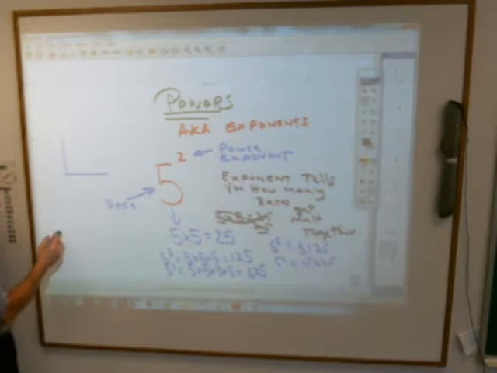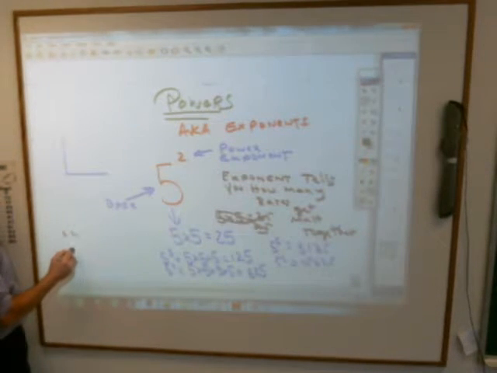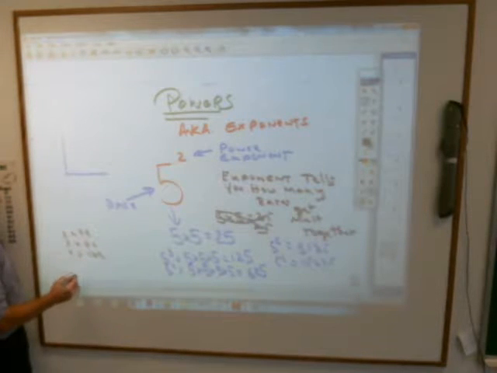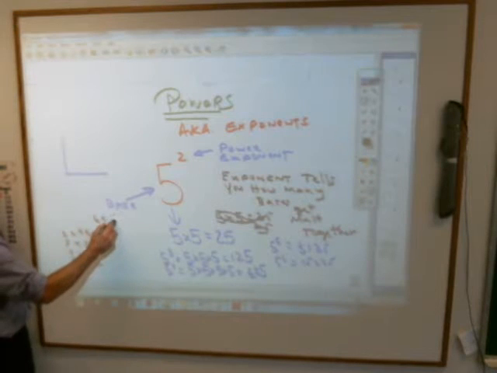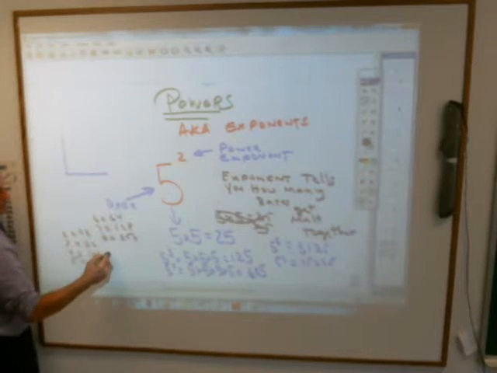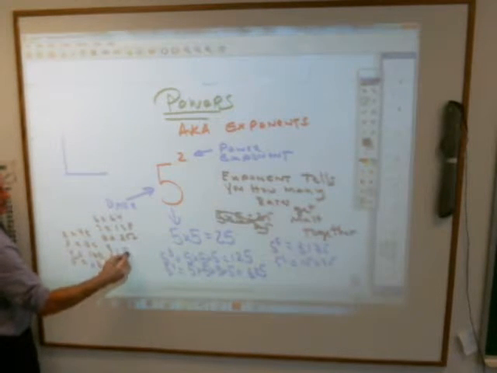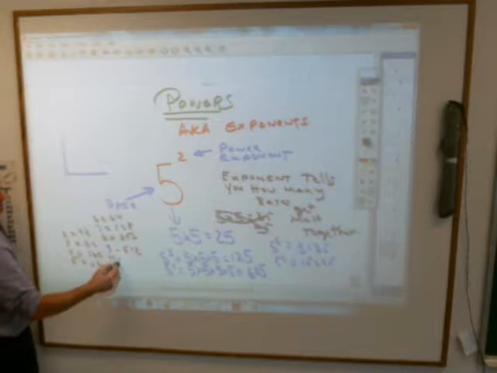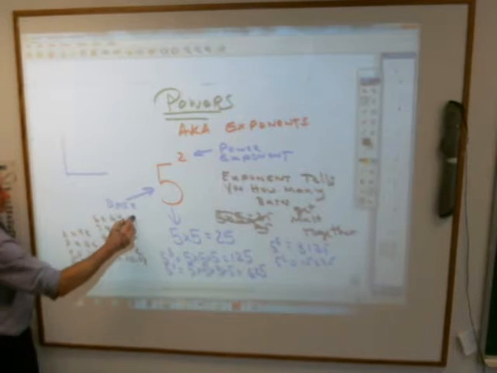If you took a penny and doubled it, second day you'd have 4 cents, right? The third day you'd have 8 cents. The fourth day you'd have 16 cents. The fifth day you'd have 32 cents. The sixth day you'd have 64 cents. The seventh day would be $1.28. The eighth day is $2.56. The ninth day would be $5.12. The 10th day would be $10.24. The 11th day would be